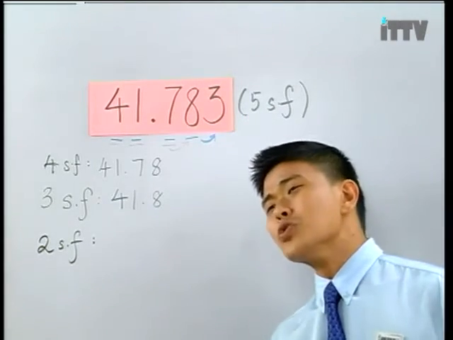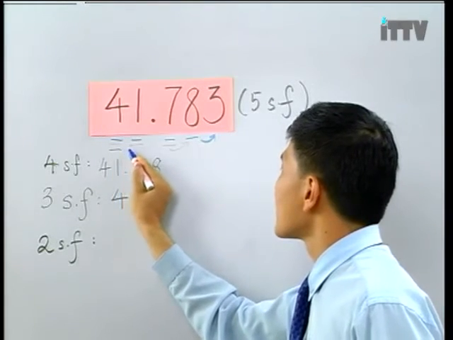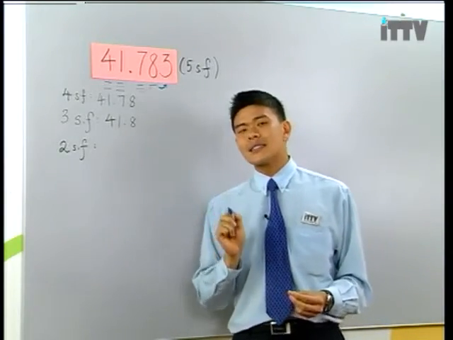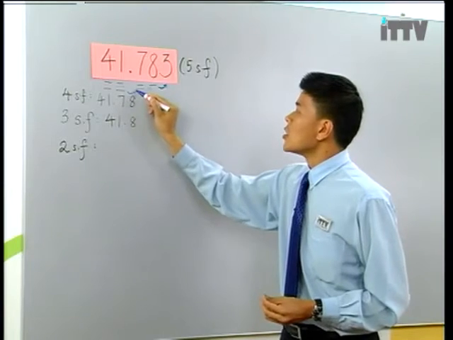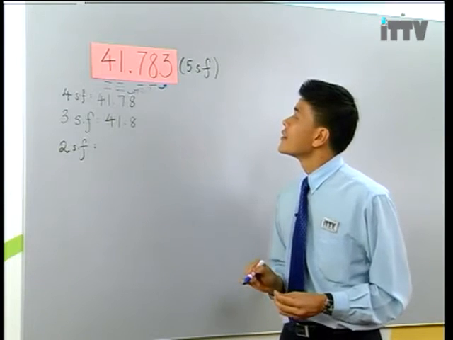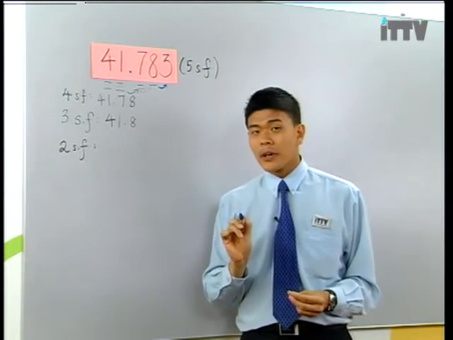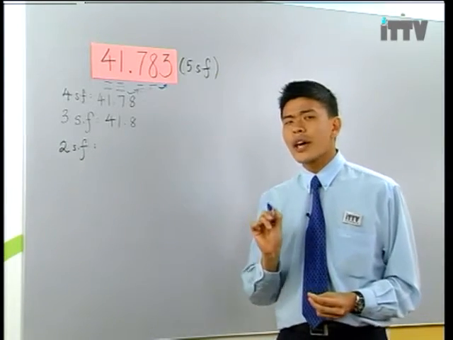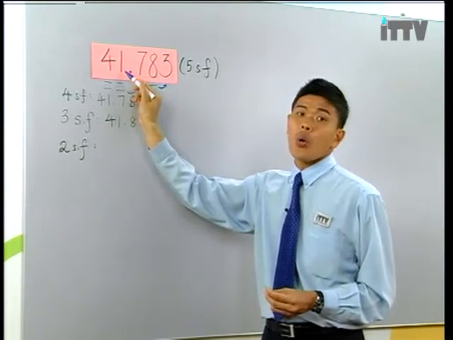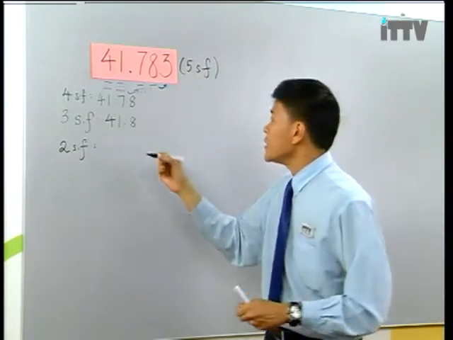Underline the first 2 significant figures from the left to the right. And look at the next digit after the last underlined digit. Is it more or less compared with 5? 7 is more than 5. So remember, if it is 5 or more, you would need to add 1 digit to the previous digit, okay, which is 1. So if we were to round it off to 2 significant figures, it will be